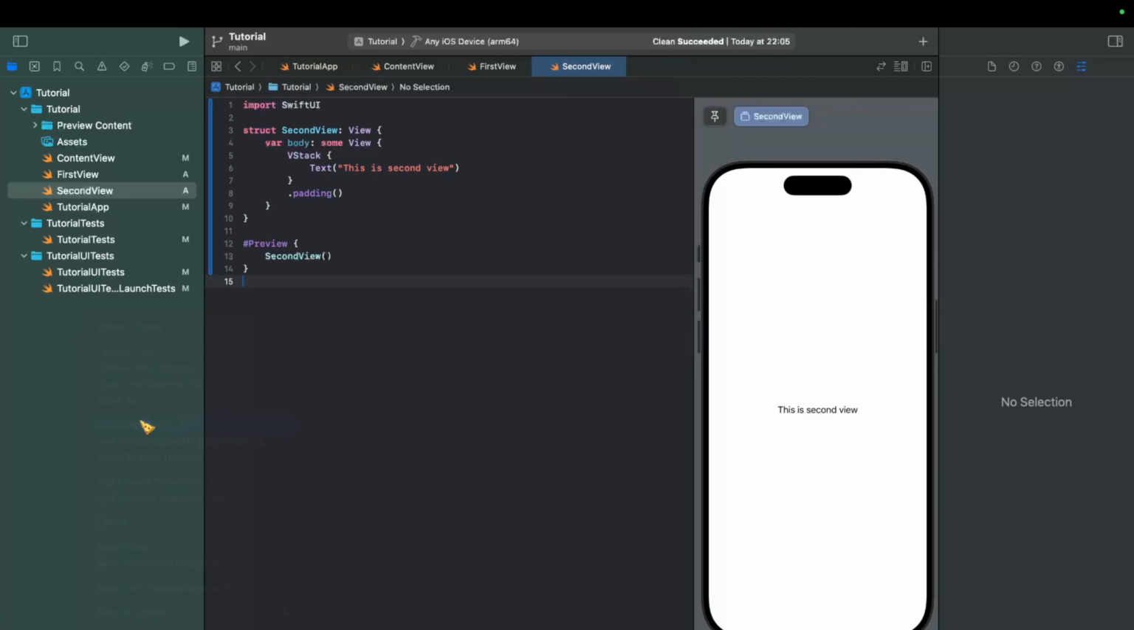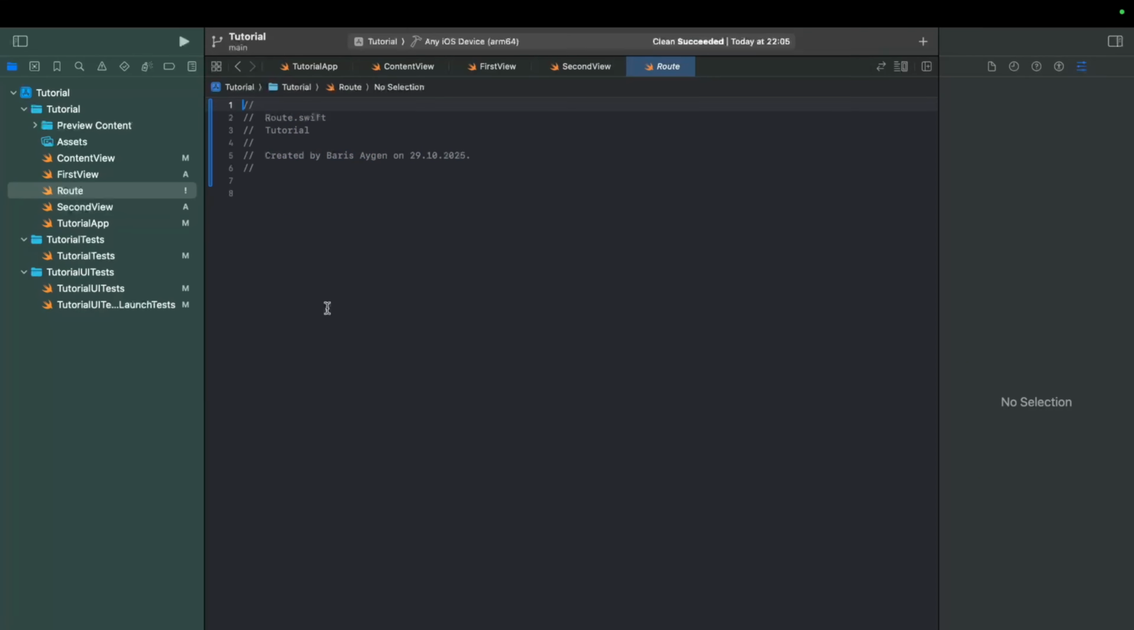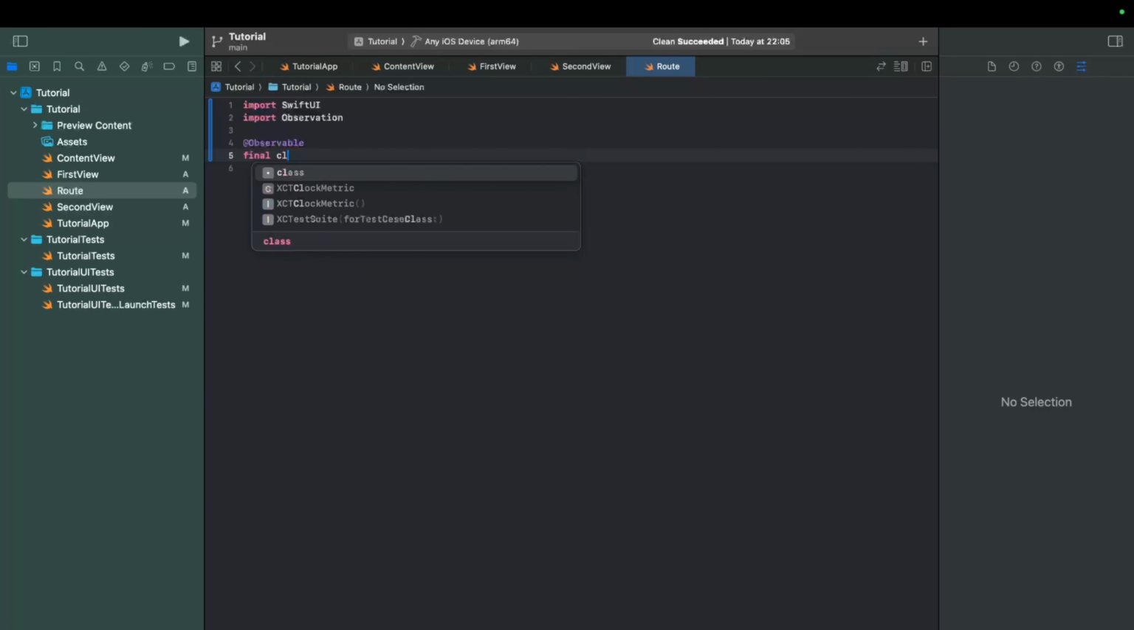First, we are going to create an empty file. Let's go to root. Okay, this root. Let's import SwiftUI. I think we don't need to import Foundation. Import observation, of course. It's going to be observable, and it's the final class called root. Okay, this root will have one variable. It's going to be path, and this path is navigation path,